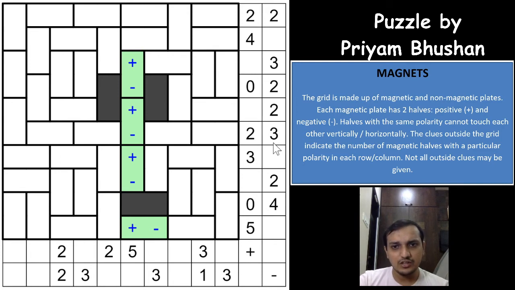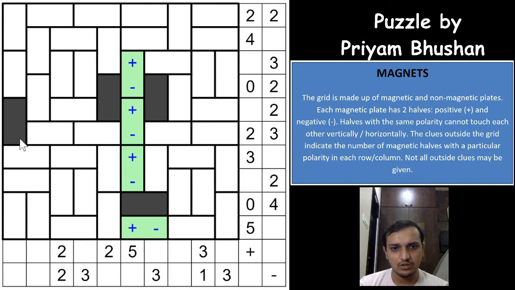So as I already said, you'll have to count the number of clues here, even or odd. And if you see the 6th row, you have 5 clues here, right? Total is 5 symbols. One symbol is already placed. If you place the second symbol here, then there will be 3 symbols remaining, and all of the regions are horizontal, which means if a region is a magnet, it has to have 2 symbols. Even number of symbols are possible. So if you place a symbol here, the 3 remaining symbols cannot be placed, as it is an odd number, and all of the regions would have to be an even number of symbols, which means this cannot be a magnet. Great.